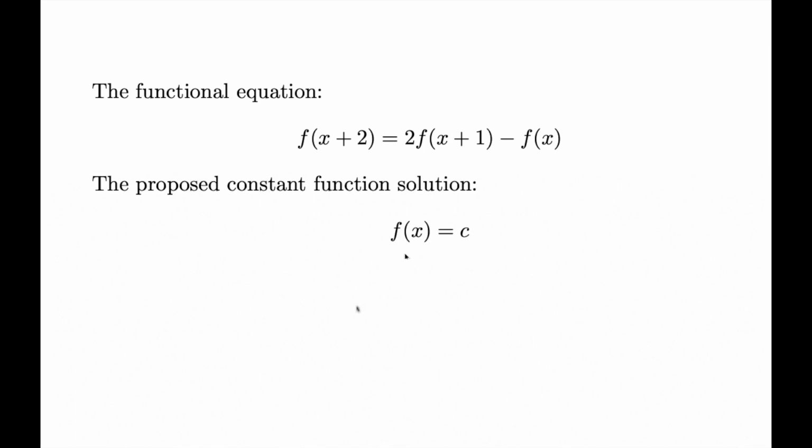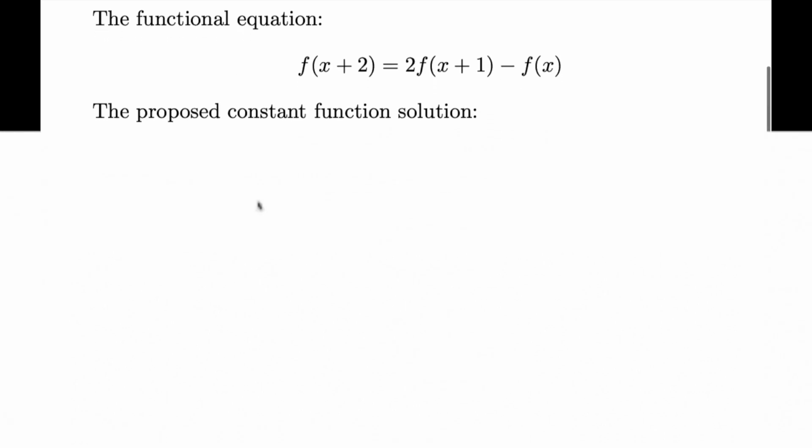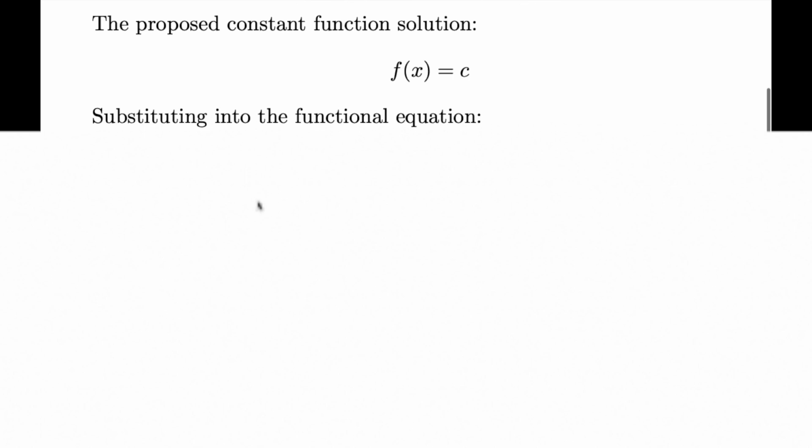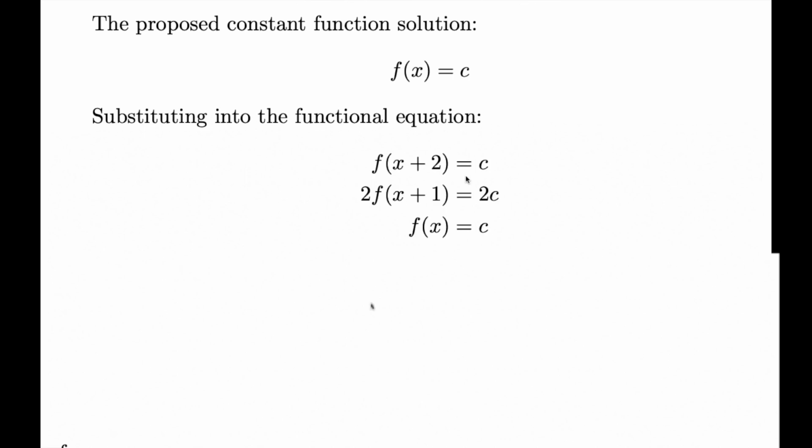I'm starting with the constant function, that is f(x) = c. Now I need to find the values of f(x+2) and f(x+1). Because this is a constant function, we have f(x+2) = c, and 2 times f(x+1) is again equal to 2c, and the original function is f(x) = c. Now plug these values in the